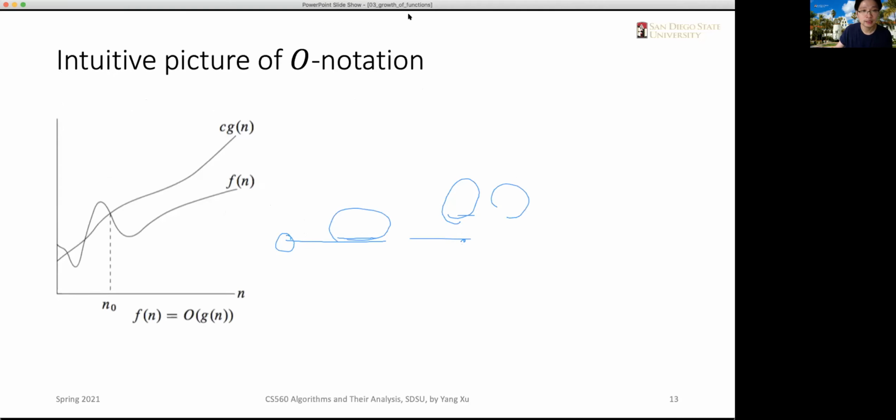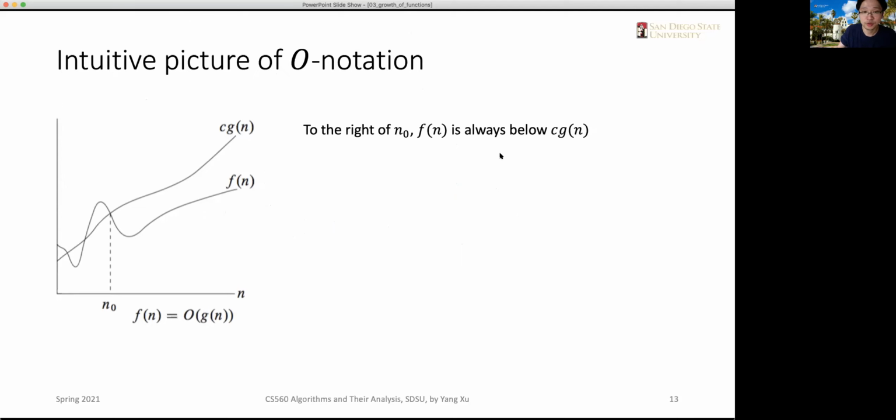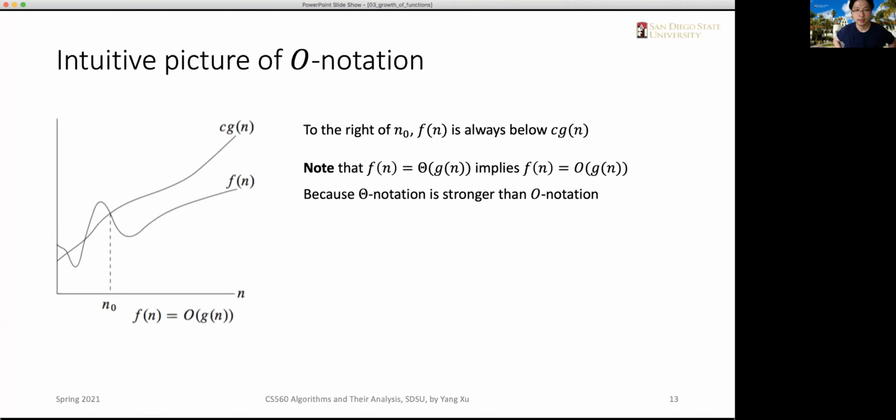If we plot the relationship between f of n and g of n, it should look like this. If we look to the right of n0, then f of n is always below c times g of n. In this case, we call g of n an upper bound of f of n. An interesting relationship between big theta and big O is that if f of n belongs to big theta of g of n, then it implies that f of n also belongs to big O of g of n,